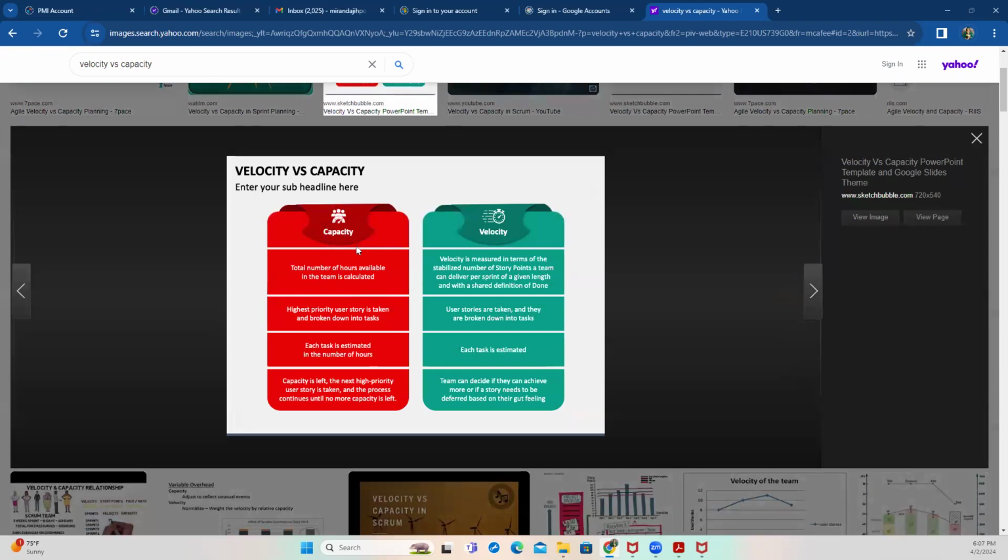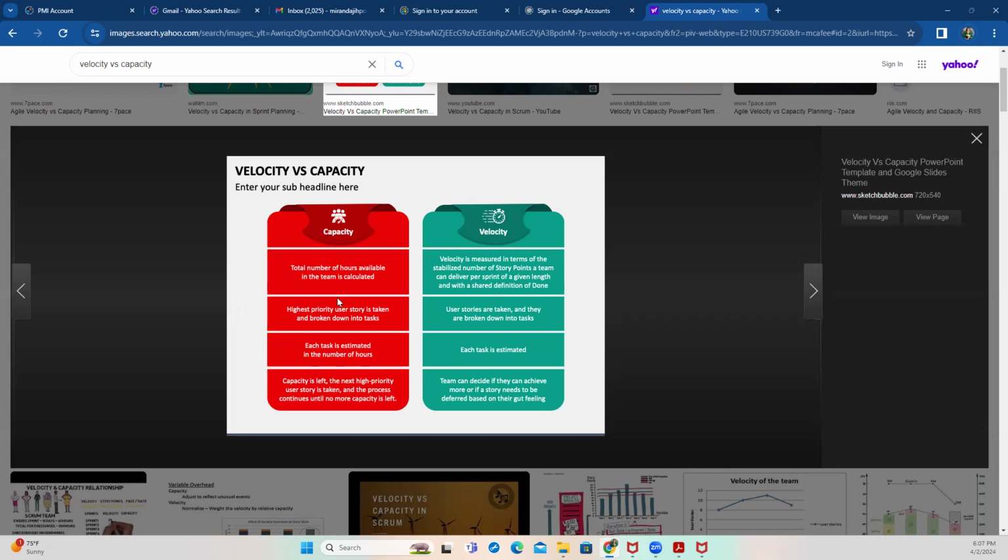So see here, velocity, capacity, total number of hours available for the team. It's calculated, right? There's a lot that happens depending. One thing you have to keep in mind is the way your team will do velocity and capacity is different from the way another team does it. Scrum is practiced differently in different teams based on their needs, right? So a team can just focus on highest priority.